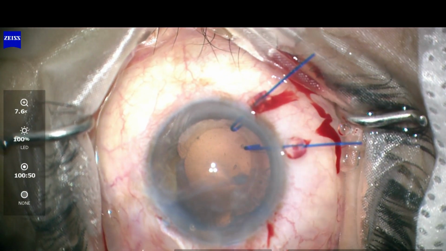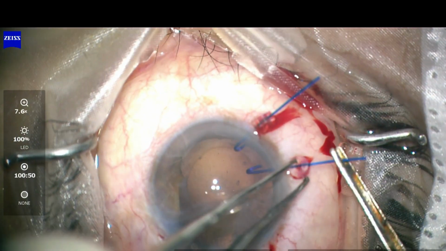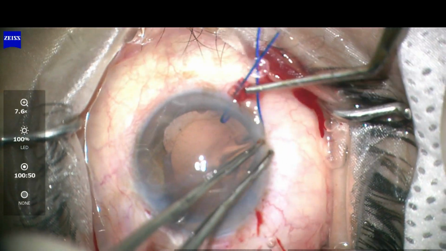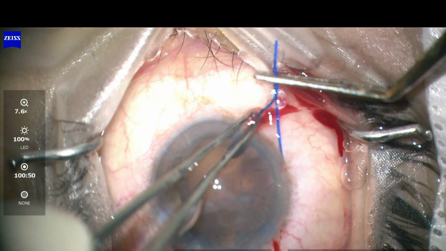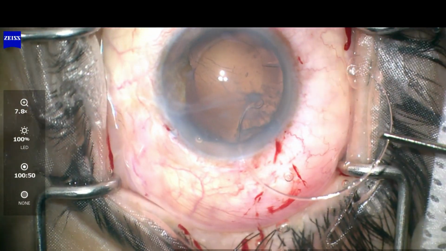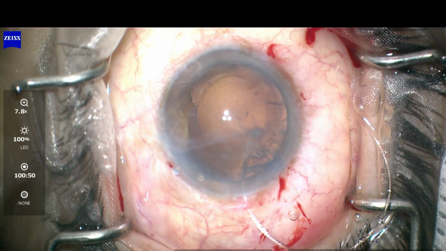Now I am removing the iris hooks. Capsule is being stabilized with an 11 to 13 mm capsular tension ring. After implanting the capsular tension ring into the capsular bag,